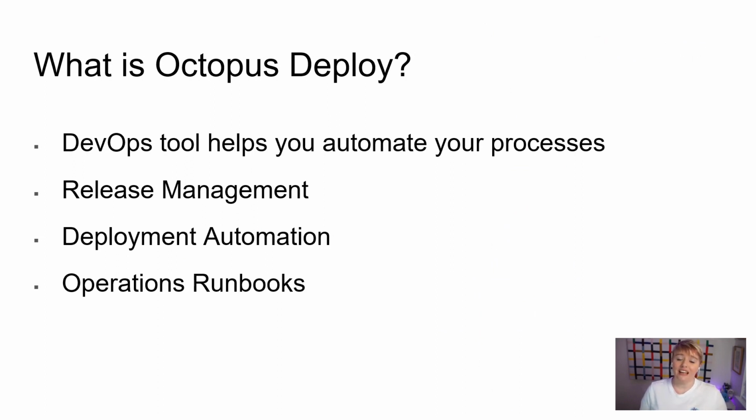Now, the last area, and this is my favourite area, so it's by no means last on the list, is actually operations runbooks. And that's where you can actually start to do things with your infrastructure, looking at infrastructure as code. So if you're deploying to the cloud nowadays, you may want to deploy using ARM templates or Terraform or something else along those lines. We can do that inside runbooks. And it's not just that infrastructure as code that you can use runbooks for. You can use it for maintenance tasks.